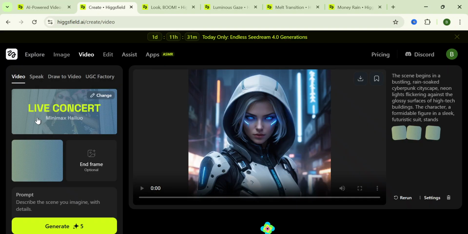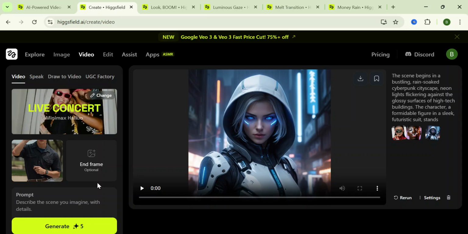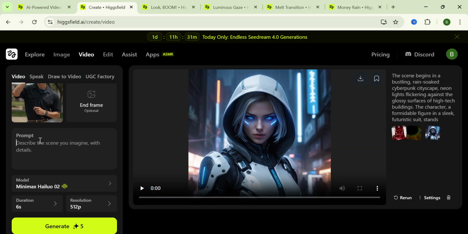All you have to do is upload a picture of yourself here, and then if you have an end image or an end frame, you can always upload it here. But if you do not have one, you can leave it. This is the place where you get to describe your prompt, or what you want your video to look like. So after the description, you can change this to whatever resolution you want, but I advise you always leave it